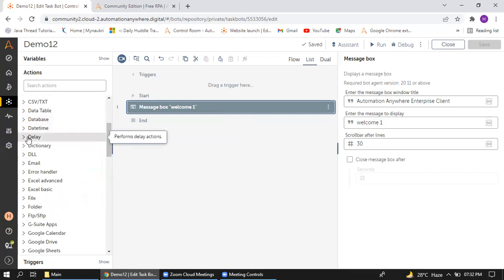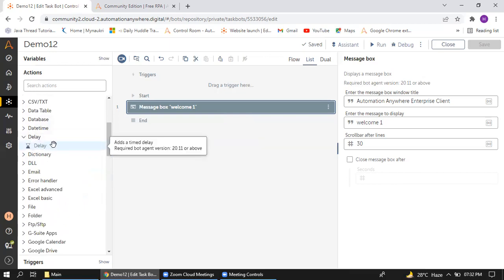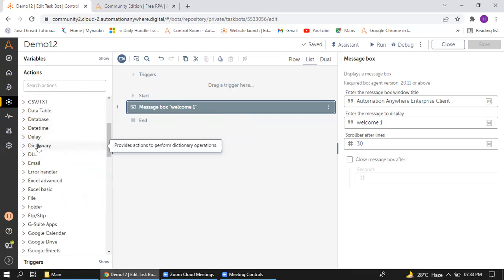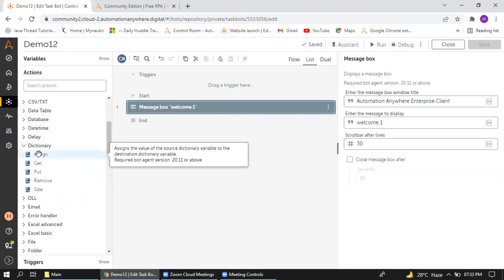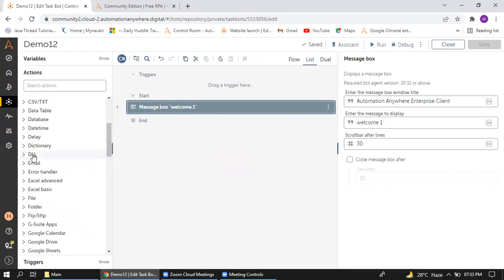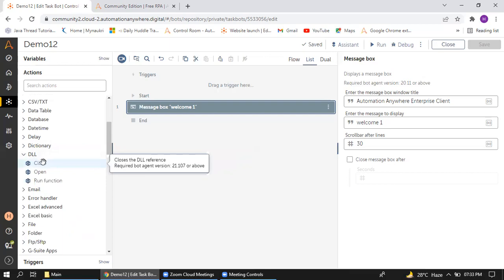delay package. Delay will be a specified time delay. If I want it to be 5 seconds, then we can give the delay here. We give a 5-second delay. And dictionary variable: it stores key and value pairs, and this will be the package used for the email part and some other dictionary config file creation. We can use the dictionary most times. And DLL command, that will be used for the server applications,